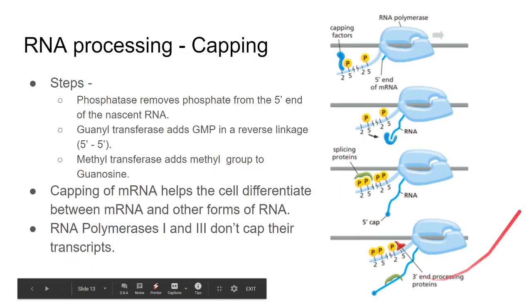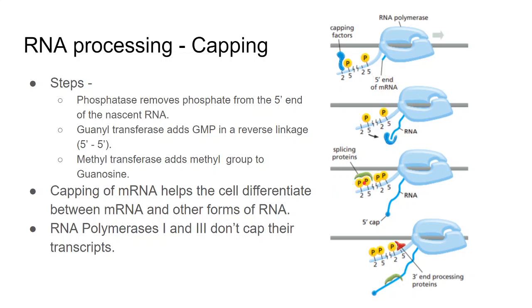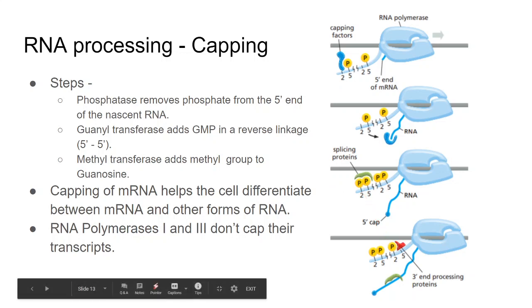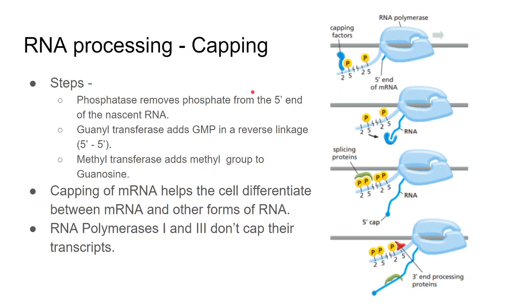Anyway, that's how this entire process occurs. First, you have phosphorylation of serine 5, then phosphorylation of serine 2, and then dephosphorylation of serine 5 towards the end. This dephosphorylation allows the poly A tail processing proteins to come in, and these proteins allow the formation of the poly A tail. But right now that's not what we're going to discuss. We just talked about capping today. We'll discuss splicing and tailing in further lectures.